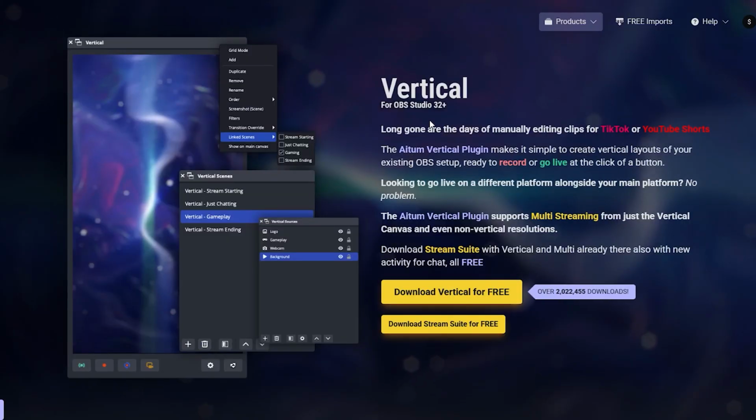And also be able to use replay buffer to get your clips without all the TikTok overlays and all of that, so you have clean clips when you're all said and done. Let's get into it. Alright, so the first thing you're going to do is download the Aitum Vertical plugin for